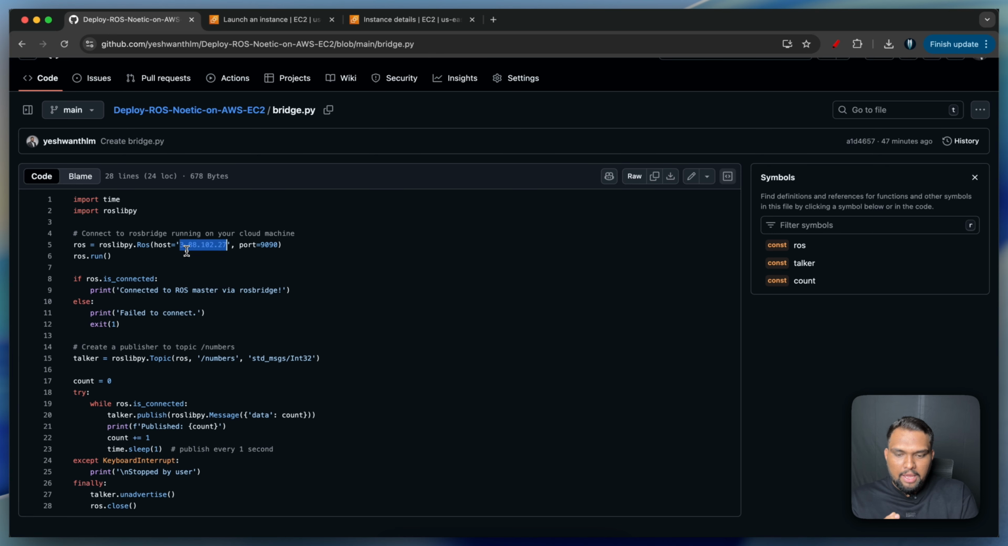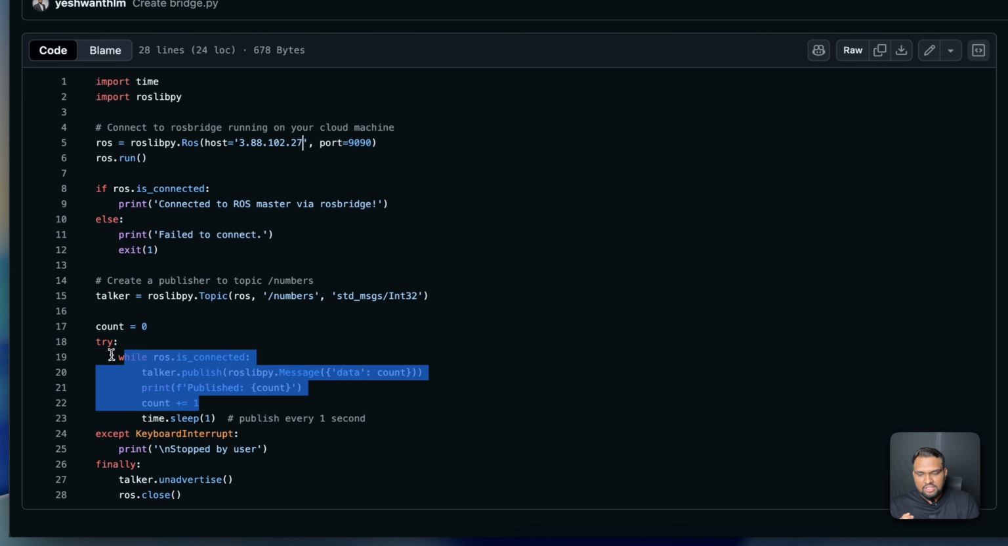You need to get the public IP address of your instance and place that here. And make sure in the security group, port number 9090 is open. And here it is trying to connect to the ROS master via ROS bridge. And if that fails, it is going to print fail to connect. Else it is going to print the client is connected on the server itself, and it will start publishing a number one by one, and you can see that here the count is increasing